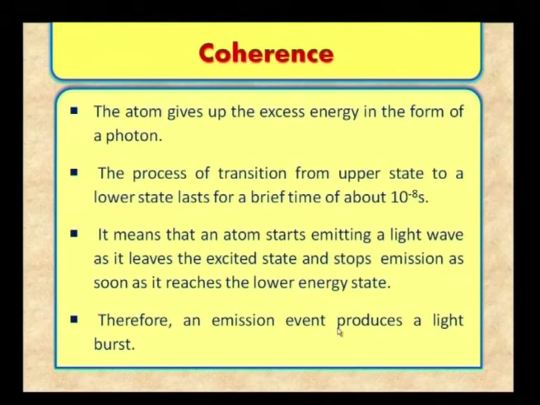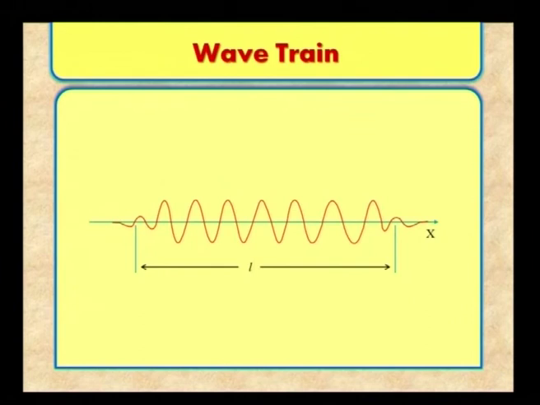I will show the light burst. This is a light burst. A bunch of waves coming is called a wave train. It has a length L. What do you find in length L? In the length L, you get almost harmonic waves, right? And after that, another atom will be coming down from the same source. The atom is coming from the excited state to the normal state, or the electron is jumping from the higher state to the lower state. Another wave train will be coming.